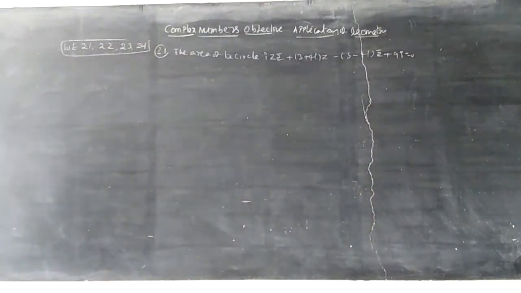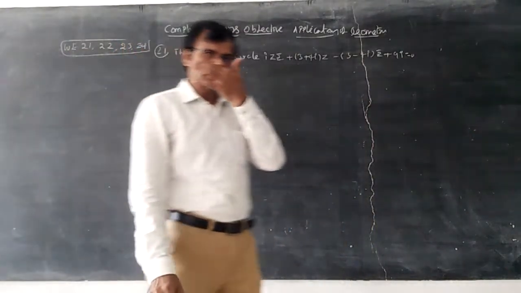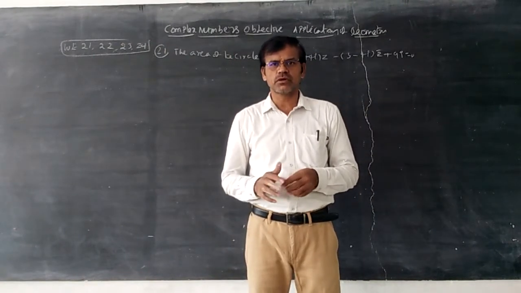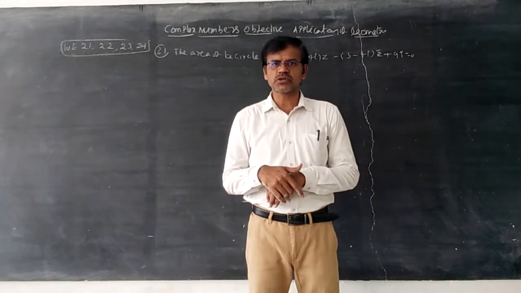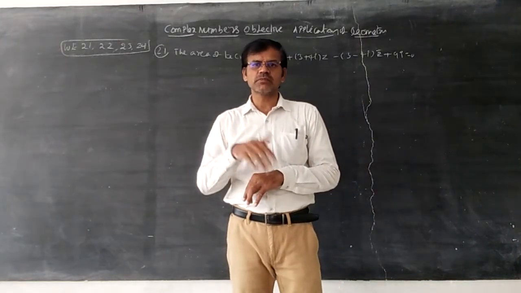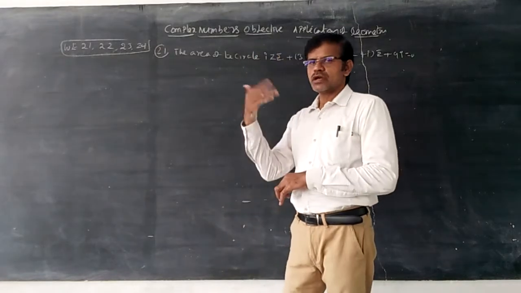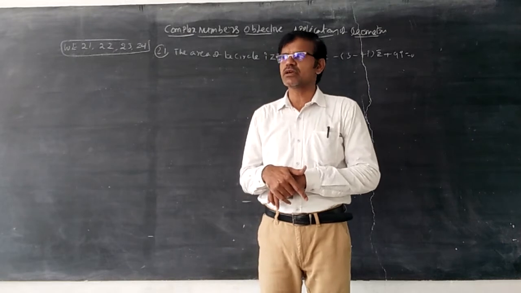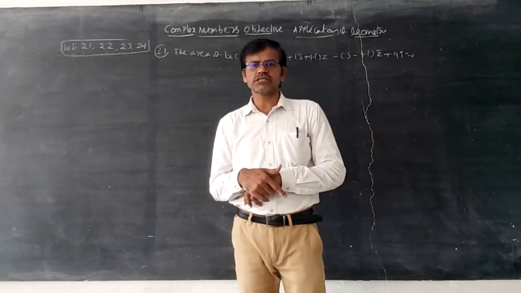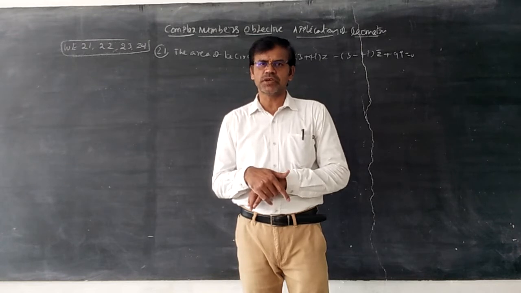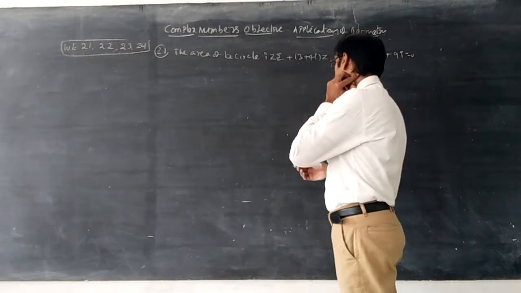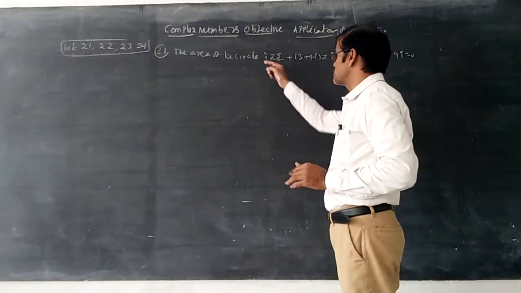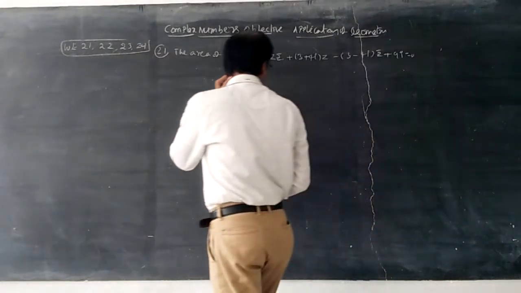The standard equation of a circle in coordinate geometry is x square plus y square plus 2gx plus 2fy plus c is equal to 0. In the complex number concept, z z bar plus a bar z plus a z bar plus b is equal to 0. There we can represent center c is equal to minus a and r is equal to root of a a bar minus b. Here the complex number circle should be in the form of z z bar first, so i should be eliminated.